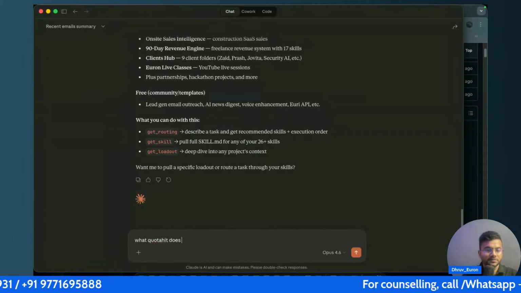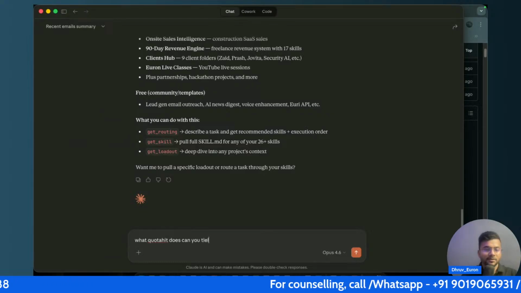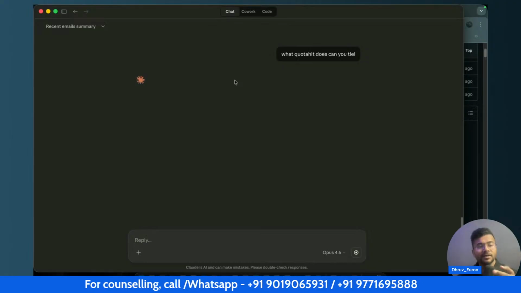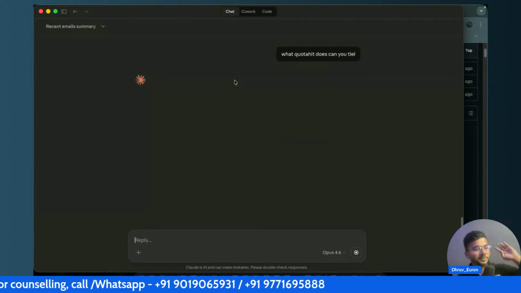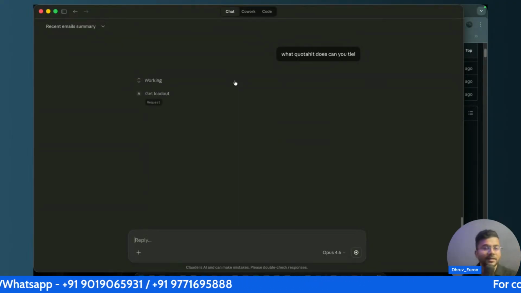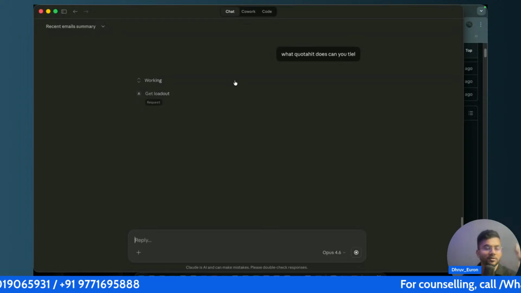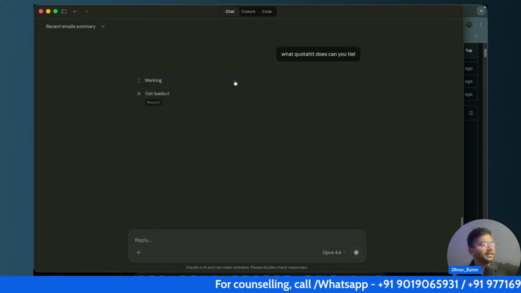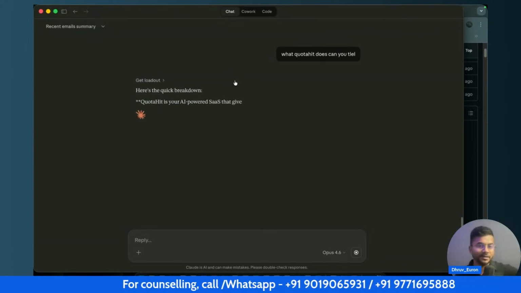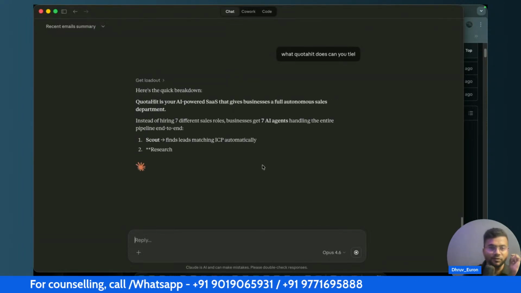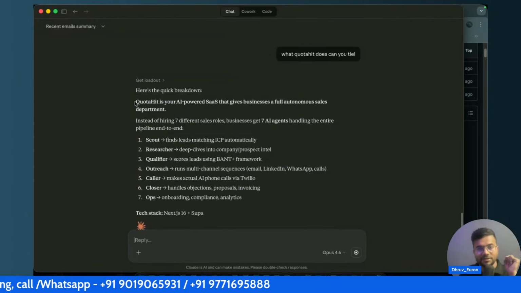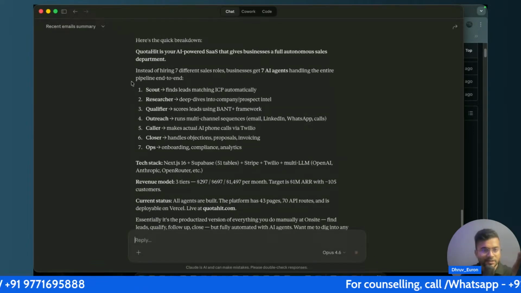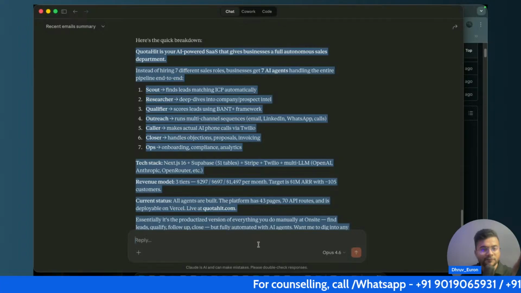Okay, what does quota hit do? Can you tell? So right now, guys, you have all seen we just opened a new chat, and I'm able to discuss with my docs, my context, my memory, my files, anything. How? Because I connected my local system through MCP. So it has all the data that is available in my local files directly. See, this is the benefit. This is so cool, because this is where the entire system was lacking, right? So you can see now it has taken all the context from